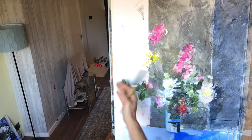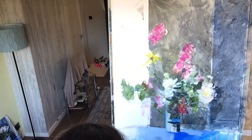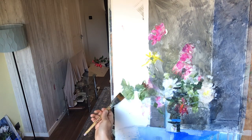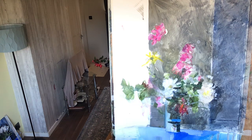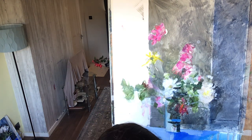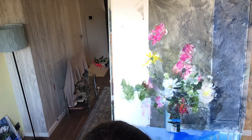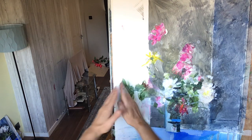And then at the outside edge, it's more the flowers that are coming in there. So I'm going to maybe create a little bit of a space here for the flowers to emerge. There's a really clear, I don't know if I want to wipe that away. There's a really clear edge to